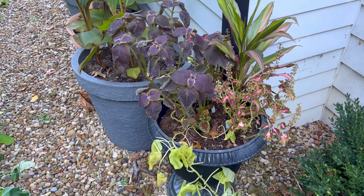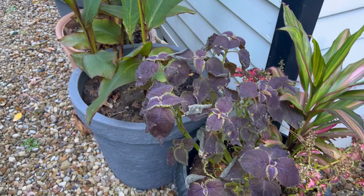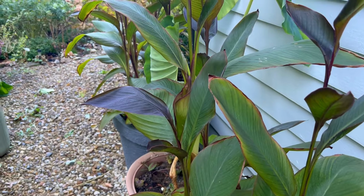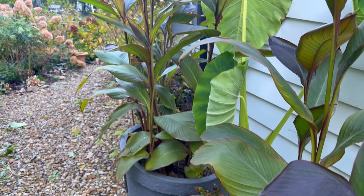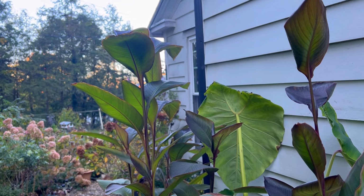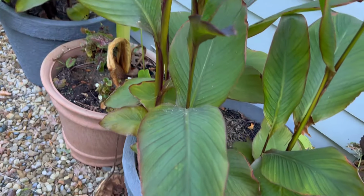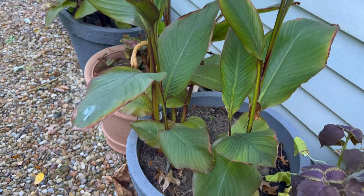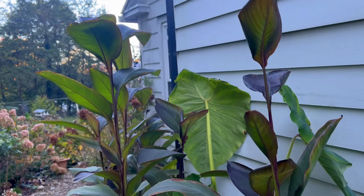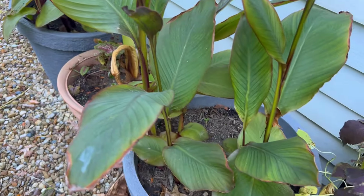This container looks really bad. I can definitely tell the coleus in here got hit. My cannas over here look pretty good actually, and it is about time to go ahead and dig them up and bring them in. If you guys have been following me, you know that I lost my original canna tubers, the canna musifolia, and I had to buy new tubers this year, and these are the new guys. So this is their year of growth,